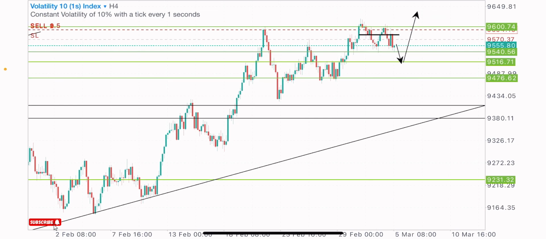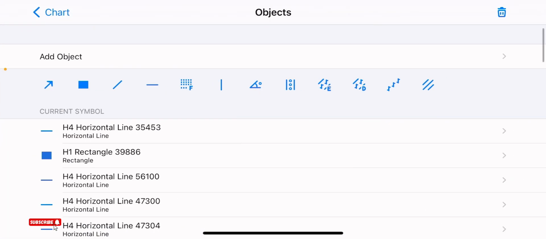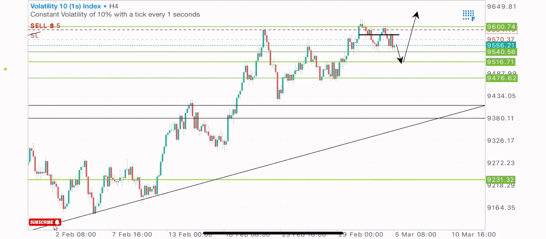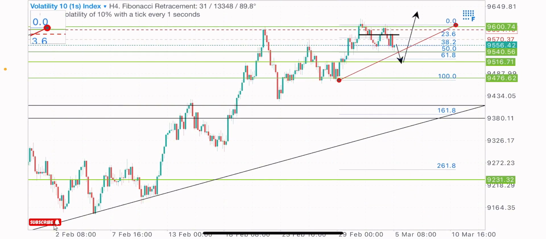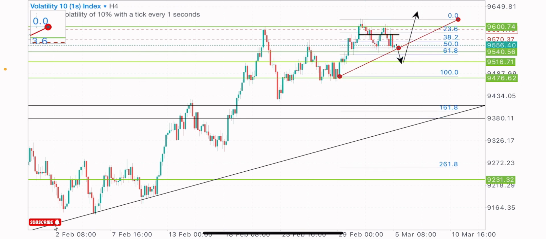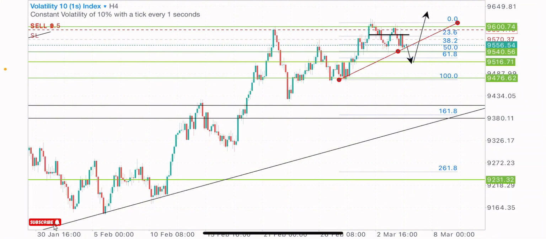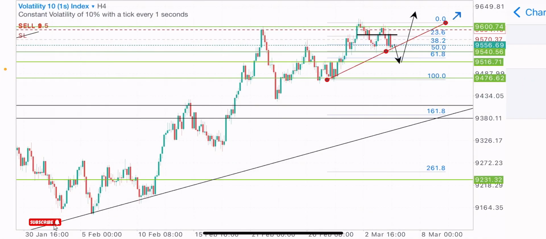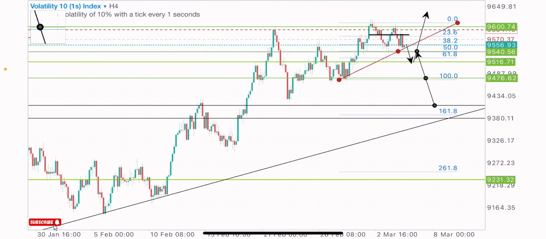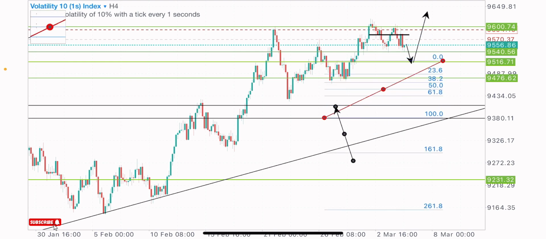And bringing up our Fibonacci to check our expected buy zone, right? To confirm this buy level from the swing lows to the swing highs, you can see that this retracement level is in line with the 61.8 level. Our expected buy zone is in line with this 61.8 retracement level, which is at this point. So a little more sells in the coming hours and days, then we'll see more buys on this index